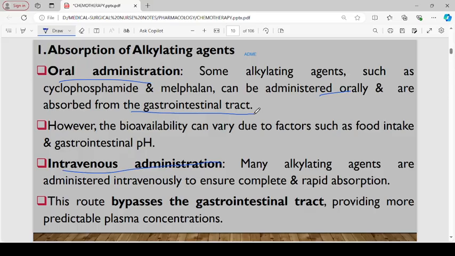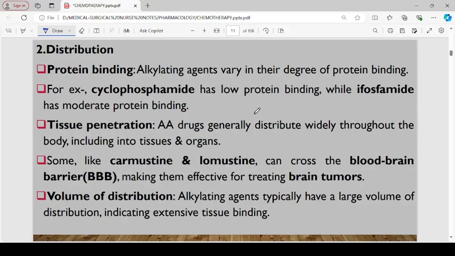However, the bioavailability can vary due to factors such as food intake and gastrointestinal pH. Intravenous administration, you find most alkylating agents are administered intravenously just to ensure complete and rapid absorption. Intravenous administration also bypasses the gastrointestinal tract, providing more predictable plasma concentration, which is an advantage for this type of